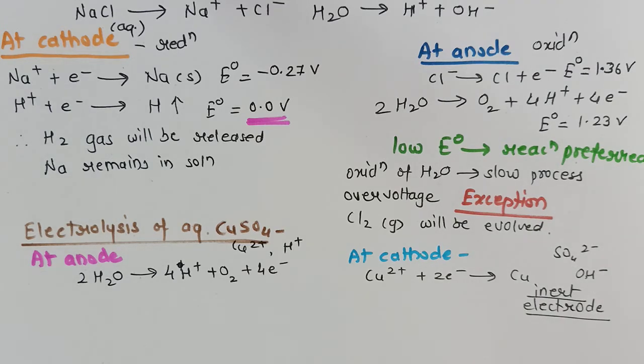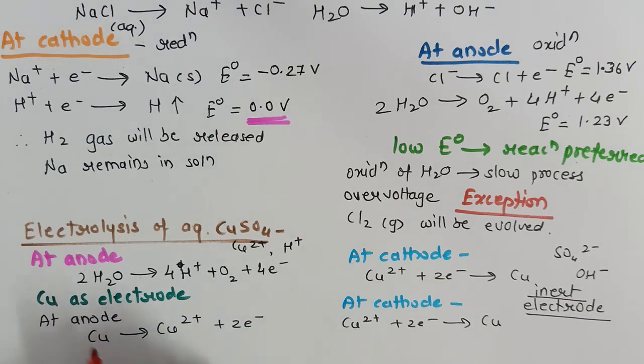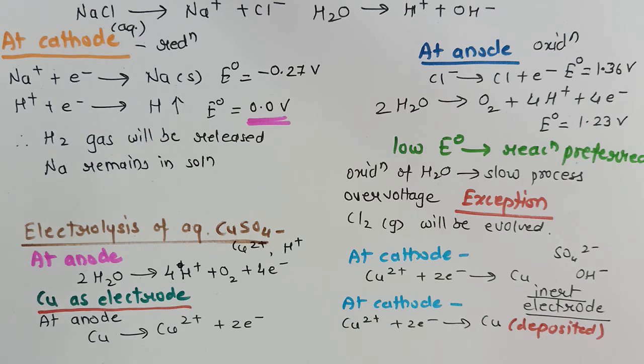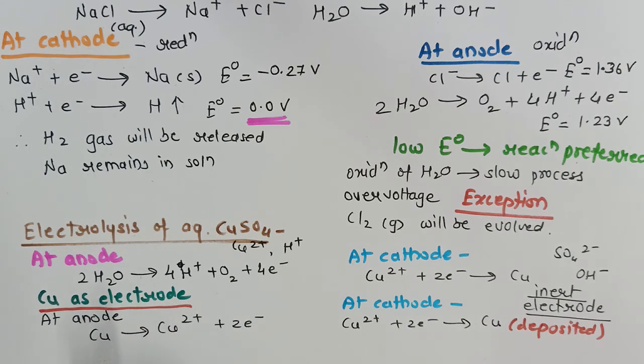But this reaction is preferred only when inert electrodes are used. Remember this case, only when the inert electrodes are used we get these two types of reaction. Why? Because inert electrodes do not participate in the reaction. Now suppose we have taken copper as an electrode, then the conditions become totally different, as copper itself will take part in the reaction. At cathode the reaction is the same as the previous one, that copper as a metal gets deposited. So here there is no change, but the condition at anode changes, because now anode is made up of copper.